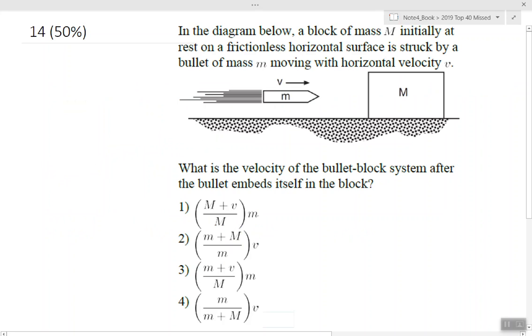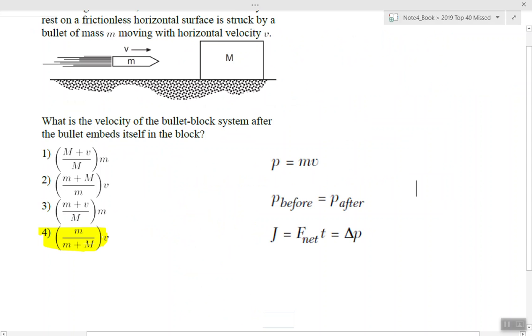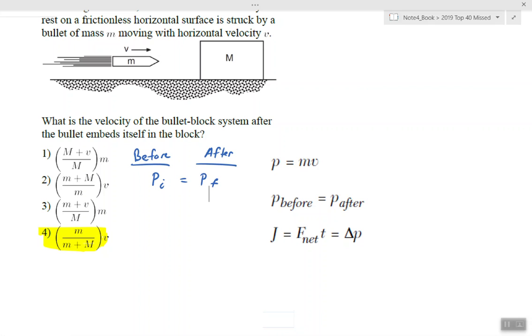14. The answer is 4. This is all about conservation of momentum. This is about the momentum before being equal to the momentum after of the system, not the individual pieces. The momentum changes between the pieces, but the momentum of the system combined is unchanged. The momentum before of the system equals the momentum afterwards. Now we just have to account for the momentum of all the pieces. So that's